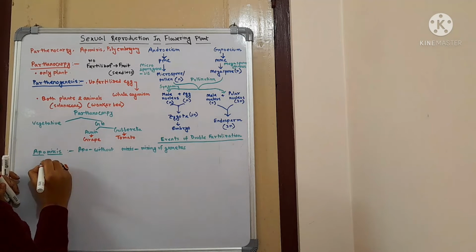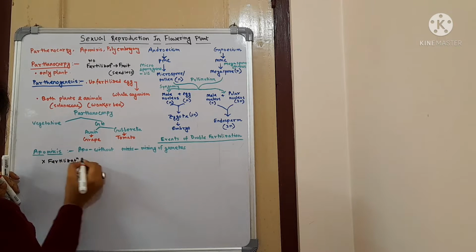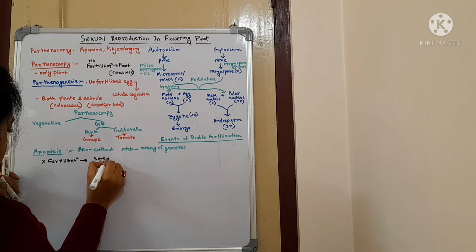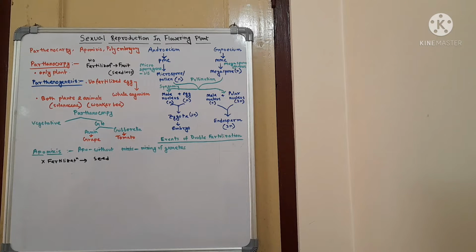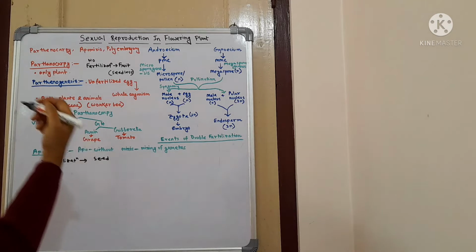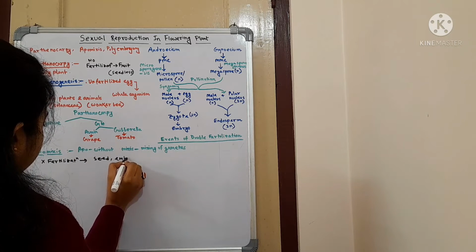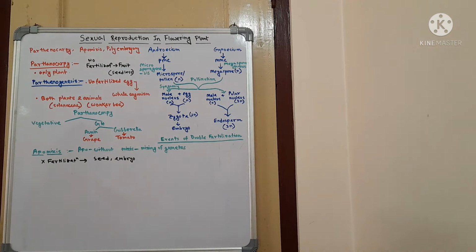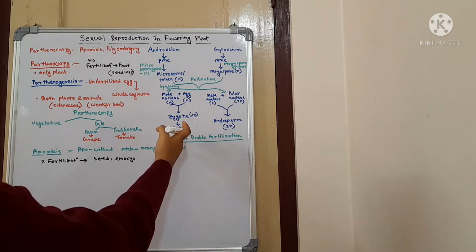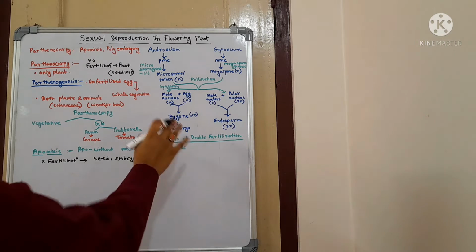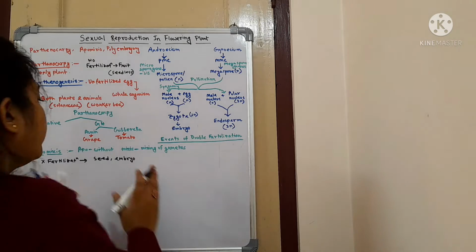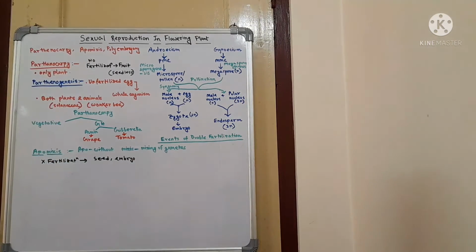So we can say that no fertilization will give rise to seed, and inside the seed there is the embryo. So without fertilization, the seed or the embryo will be produced; that is considered as apomixis. Now, how can these seeds or the embryo be formed without fertilization? Because normally the fertilization event leads to the formation of the embryo, and the ovule is converted into the seed. But in this case, as the fertilization event is not happening, how can the embryo be formed?